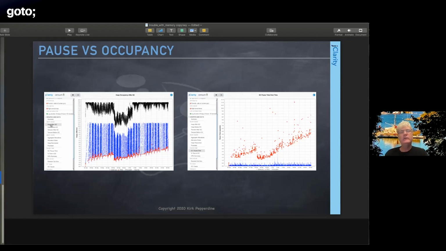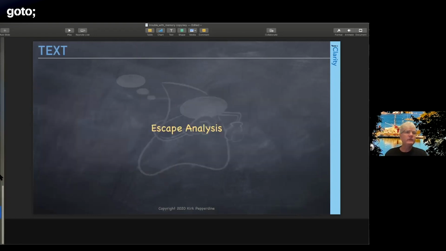And the other aspect of this whole thing is that, of course, if I have this higher rate of churn and I get things promoted into tenured and all of this activity is happening, then my live set is going to be larger, because I'm going to be retaining what's known as transient data for longer and longer periods of time. And that's going to contribute to the size of the live set, which means my pause times go up. So you can see there's just so many bad things going on here because of this. So let's go back to